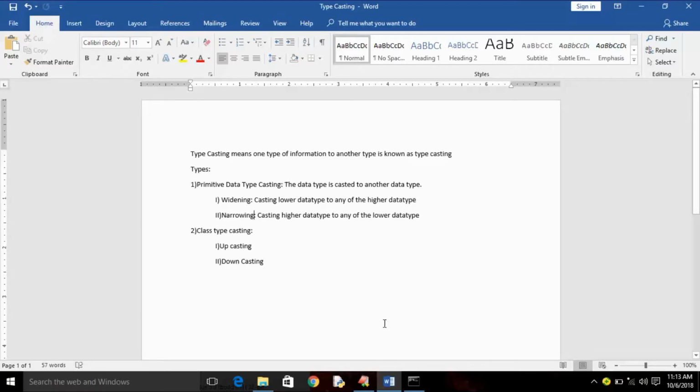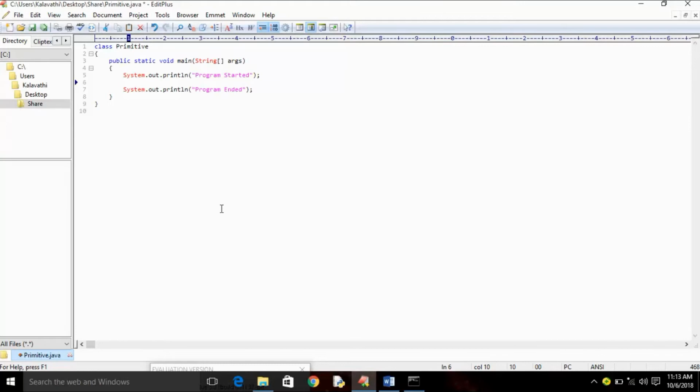Let me take one example to illustrate primitive data type casting. The class name I have declared as primitive, program started, program ended, int x1 equal to int 39.95.